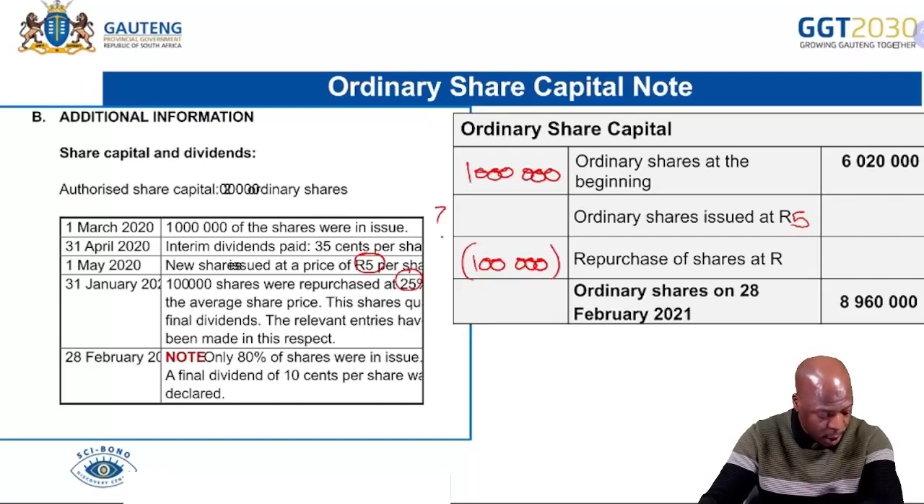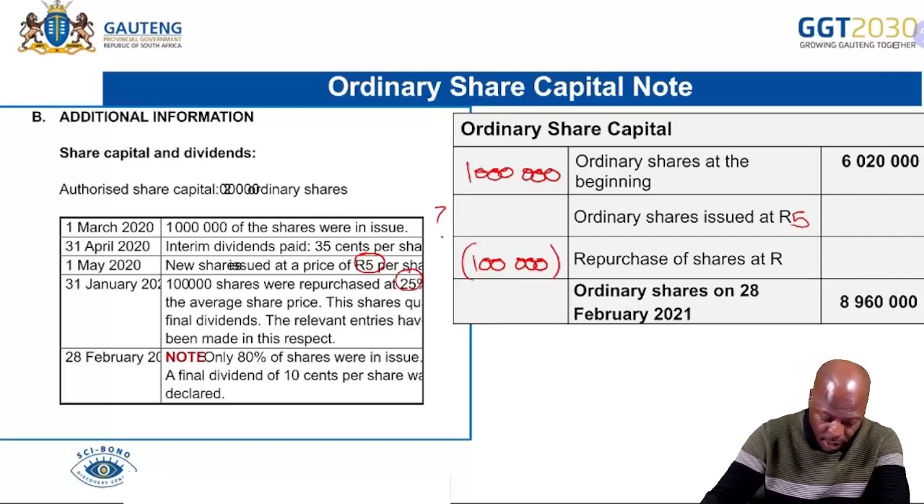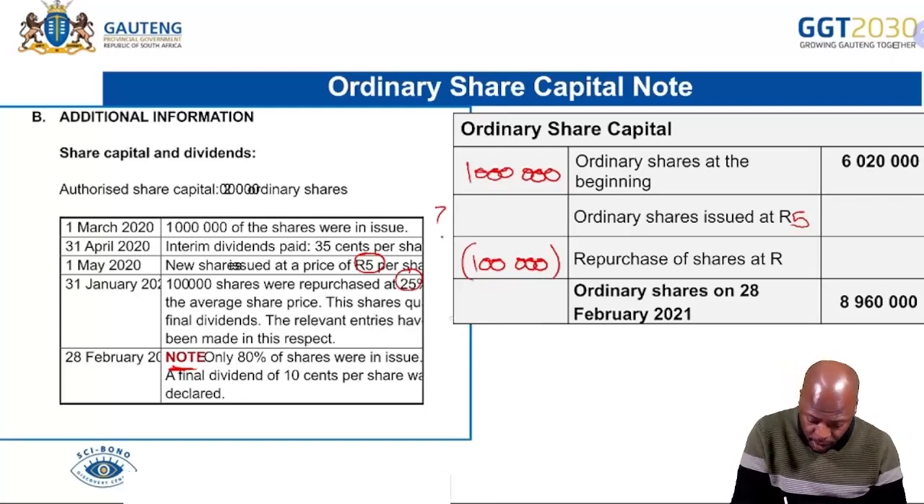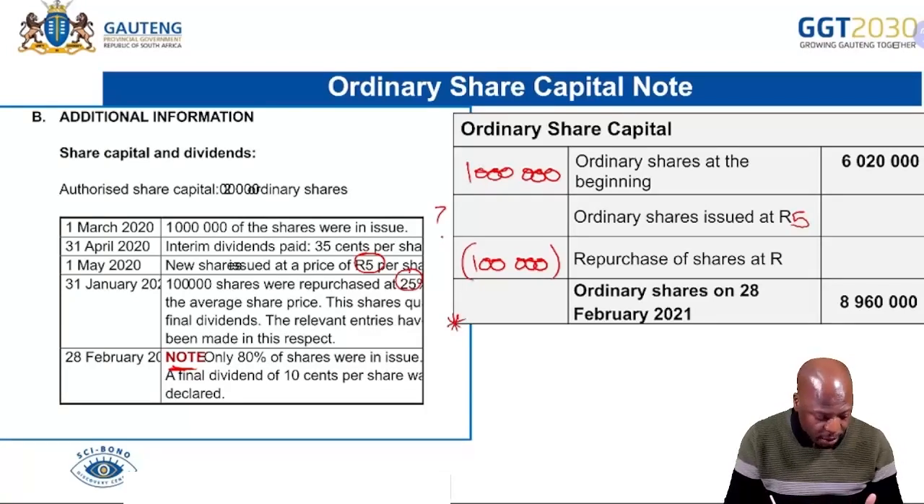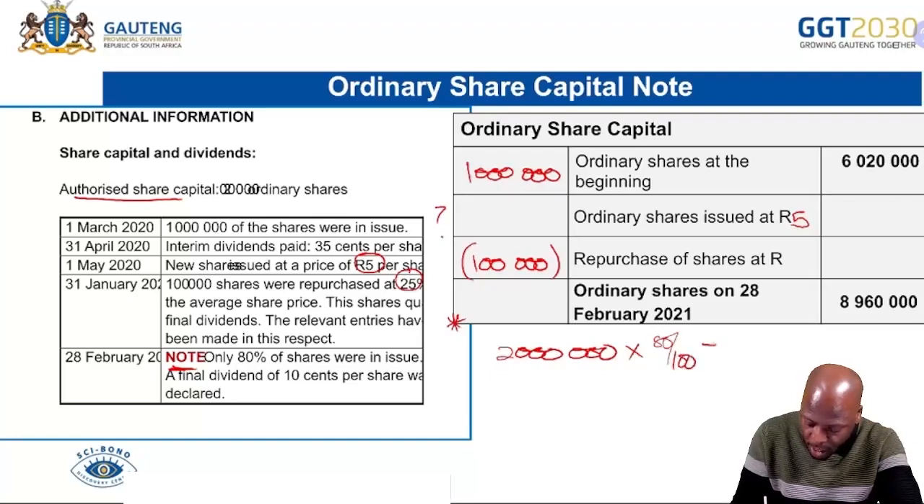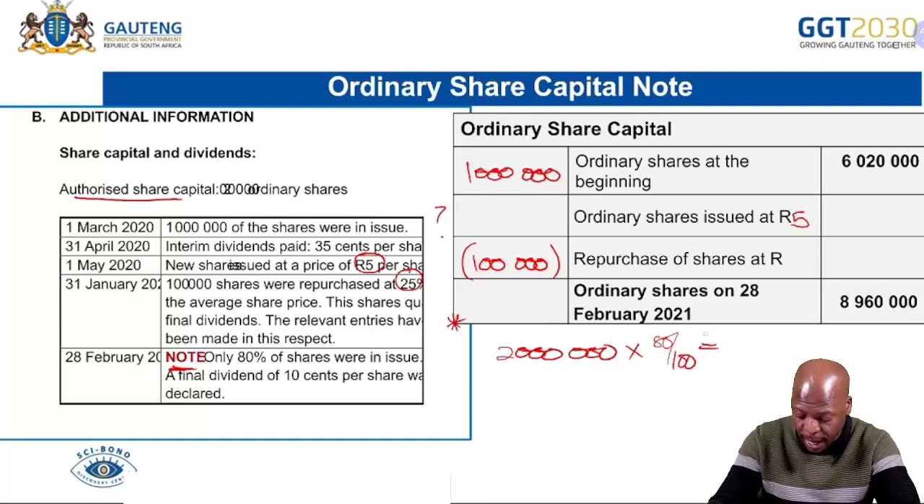And then it says, note that on 28 February, very important here, 80% of the shares were in issue. And the final dividend of 10 cents per share was declared. So what they're telling us is, at the end, the number of shares that we were having is 80%. 80% of what? Of our authorized. Now we understand that our authorized is 2 million. And they're saying 80% were in issue. So what we want is 80%. And if you calculate 80% on your calculator, you will realize that you get